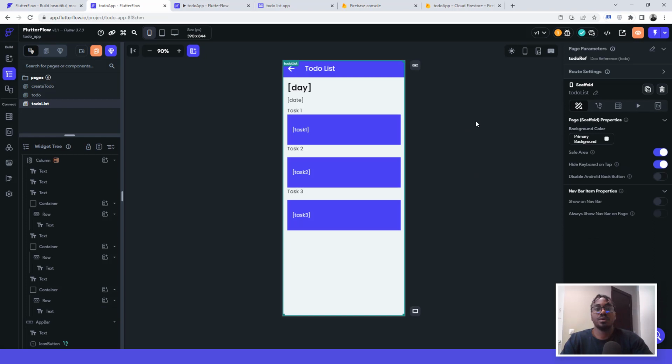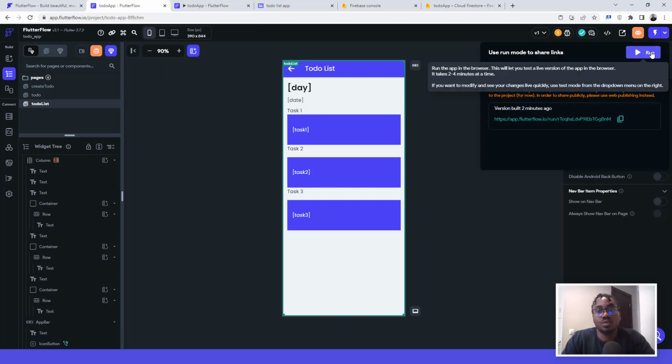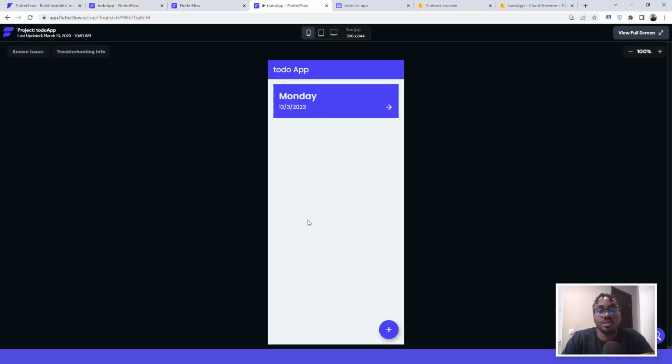With that, we're done with our application, and what we just need to do is go ahead and run it one more time. So we click on this to run it the second time. We will use the previous running. This is the previous thing that we did. Cool enough, actually we have data from the database. Yeah, but it doesn't carry the information here. You see, it gives us just Monday because